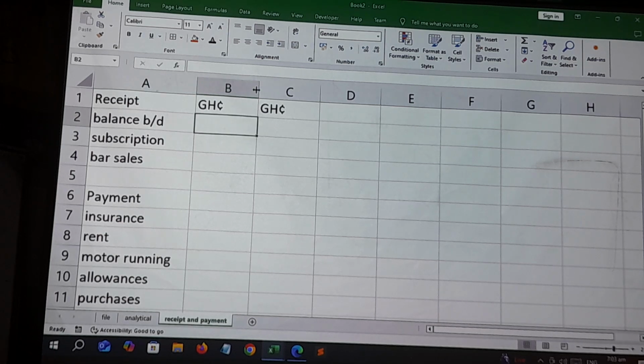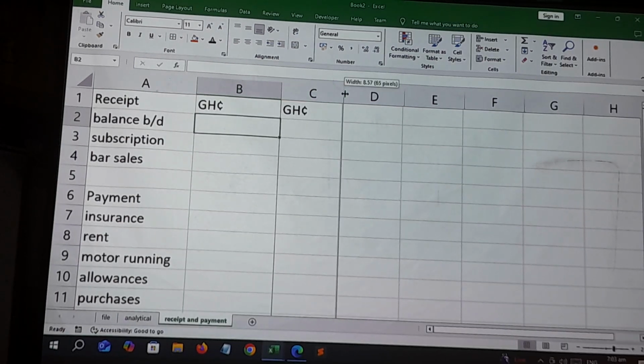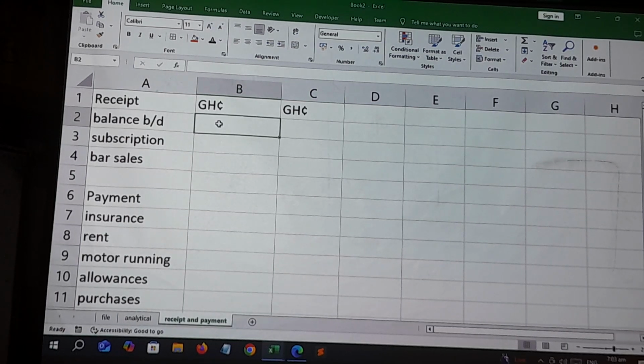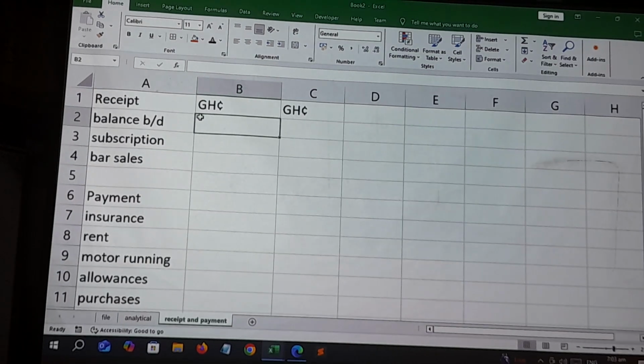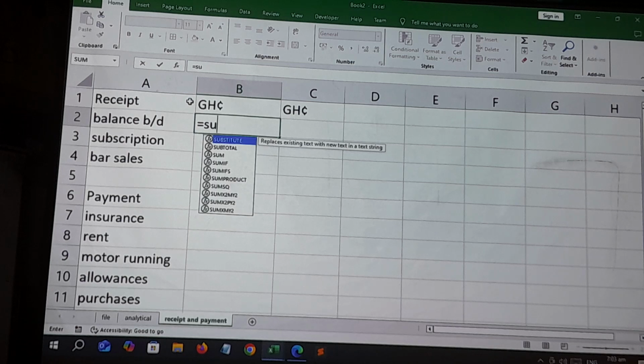Alright, so then we'll put their figures here. The asset figures will be here, and then the payment figures will be here. Alright, so let's use another function to fetch out their figures. I want to know how much we have received on balance brought down. I want to know the balance for balance brought down. So let's do that. So equal to sum